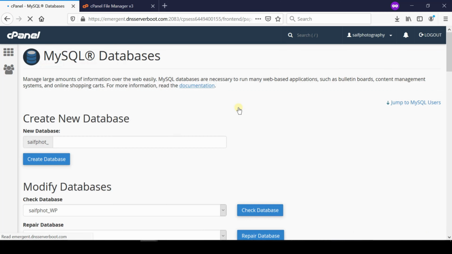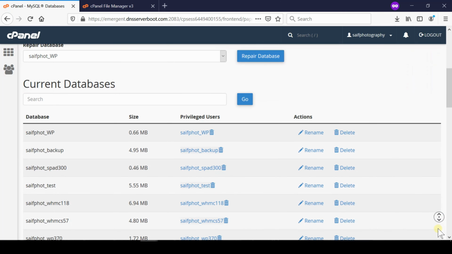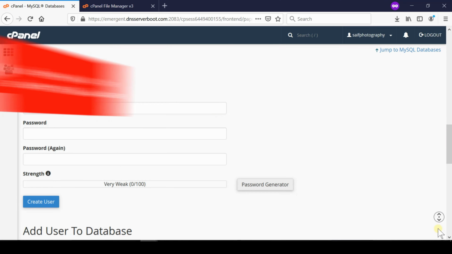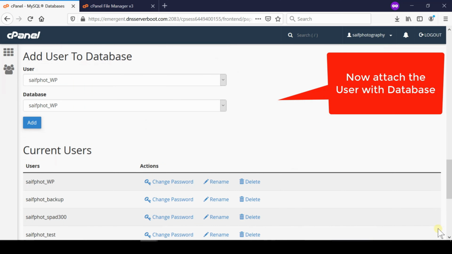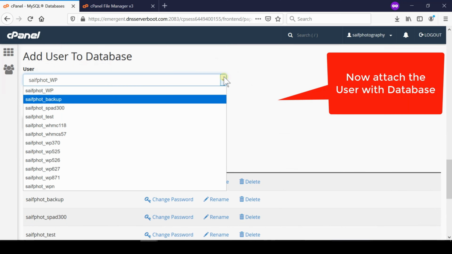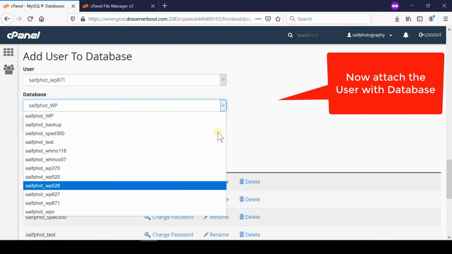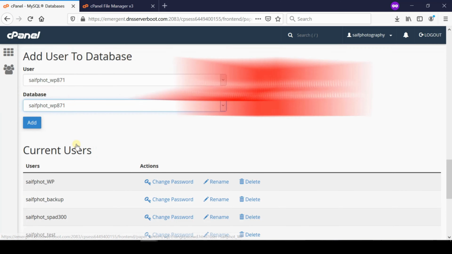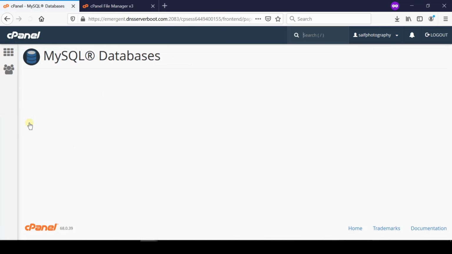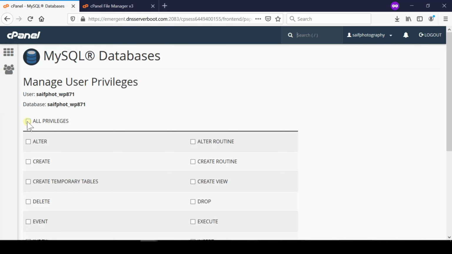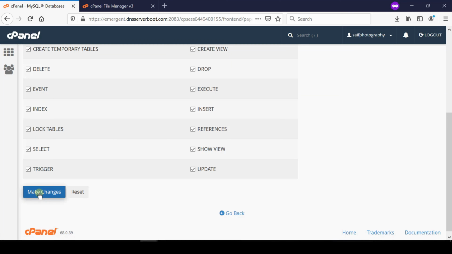Now, click Go Back and then we need to add that user to the database. Come to the bottom of the screen and then select that user and the database which you created just now and then click Add. In this way, the MySQL user will be added to the database successfully. Assign all privileges and then click Make Changes.